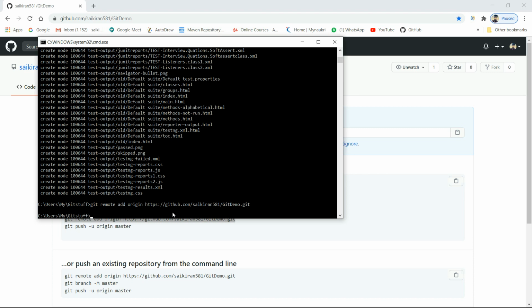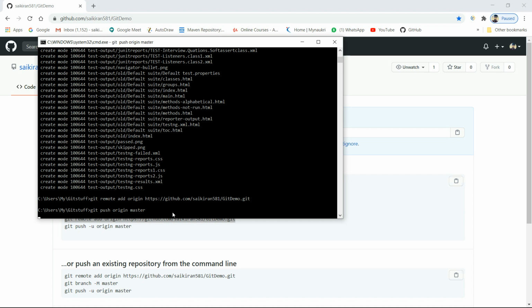So from our machine, it will go to the Git repository, and then git push origin master. By default it will go to the master branch only. Click on enter.